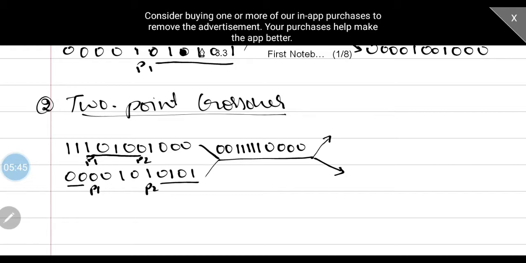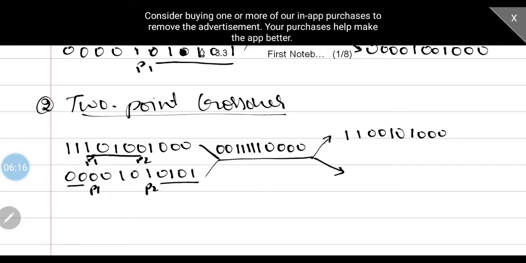Now writing the children, it is the same as what we have just done. First take the part from the first string, you have double one. Next the second part from the second string, 0 0 1 0. Third part from the first string, 1 triple 0.